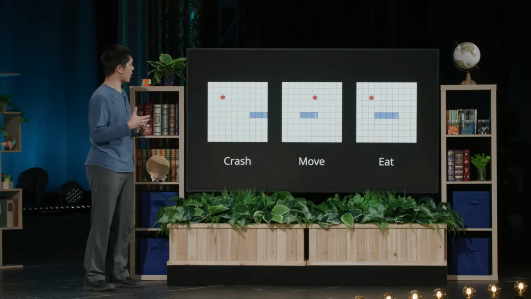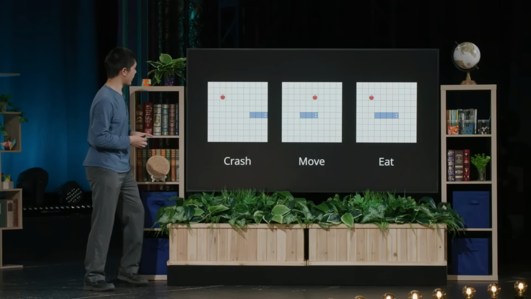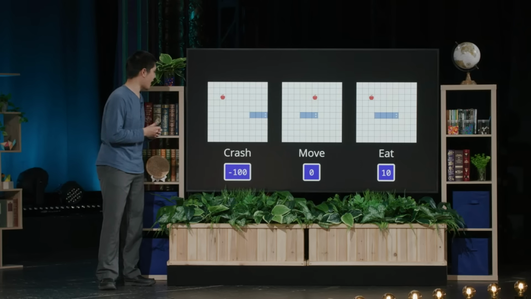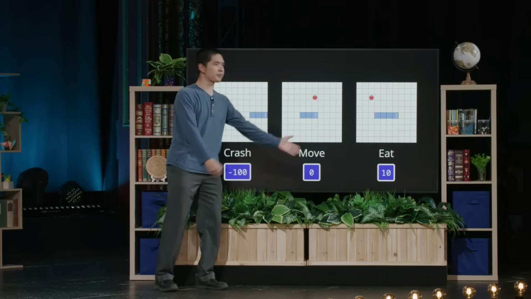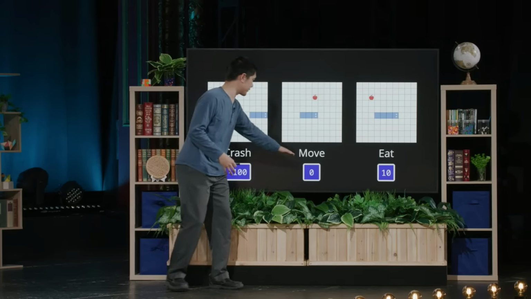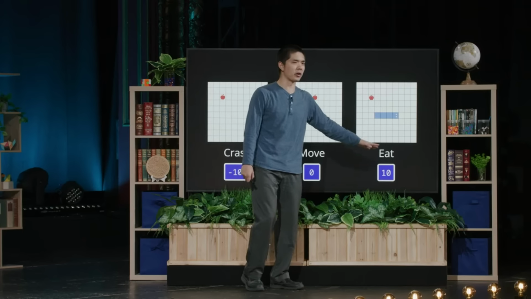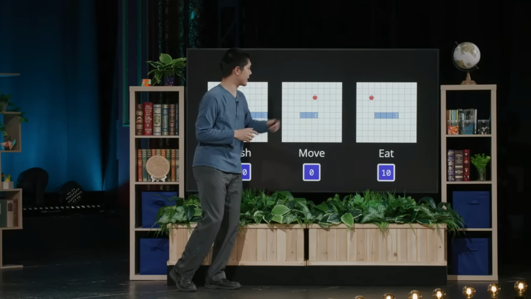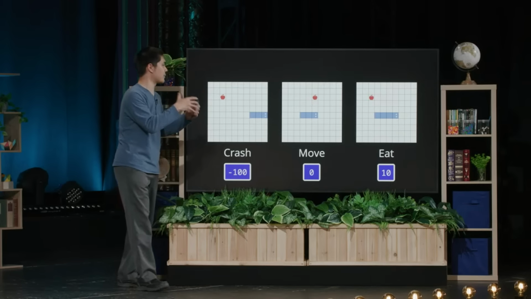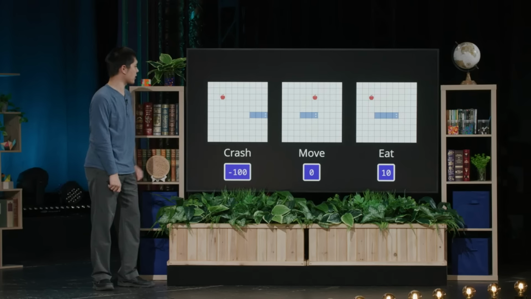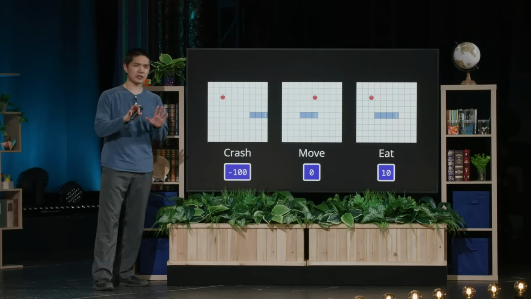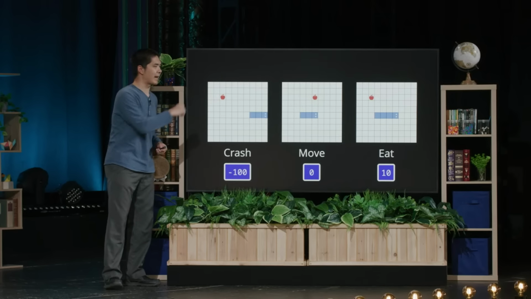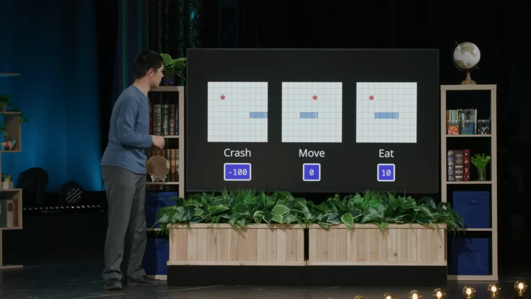And then we can assign to each one of those possibilities some kind of a score. We could say that crashing has a score of -100. It's really, really bad for the AI to crash, so we'll give that a big negative score. Moving is kind of neutral. It didn't crash, but it also didn't get any food. We'll go ahead and give that a score of 0. And eating, that's pretty good. It's not as good as just not crashing, but eating is still pretty good. And so we'll say, all right, we get a score of 10 every time you eat something, for example. And so we've got these 3 possible moves, and I've assigned some scores to them. I didn't have to choose these exact scores. I could have chosen different values, and it still could have worked. But we do have to be a little bit careful about how we choose those values. And we'll see that in a moment, too.